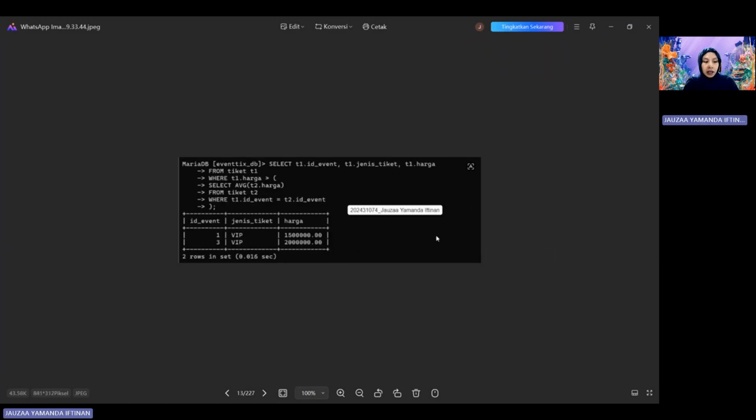For the fourth query, we need to map events alongside their corporate sponsors. Since MariaDB doesn't have a built-in full outer join command, I simulated it by using the union operator to combine a left join and a right join. This is highly practical for real-world management, for instance, when tracking corporate sponsorship for major campus events like Fantasy Himaka. The query ensures no sponsor or event is left out, giving us a complete view of participants.